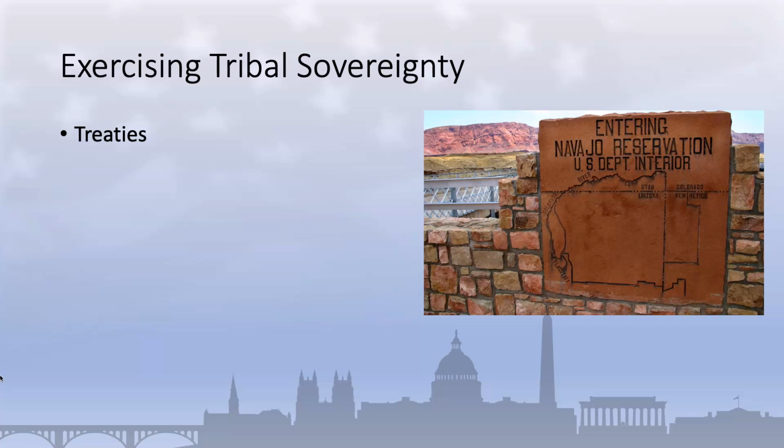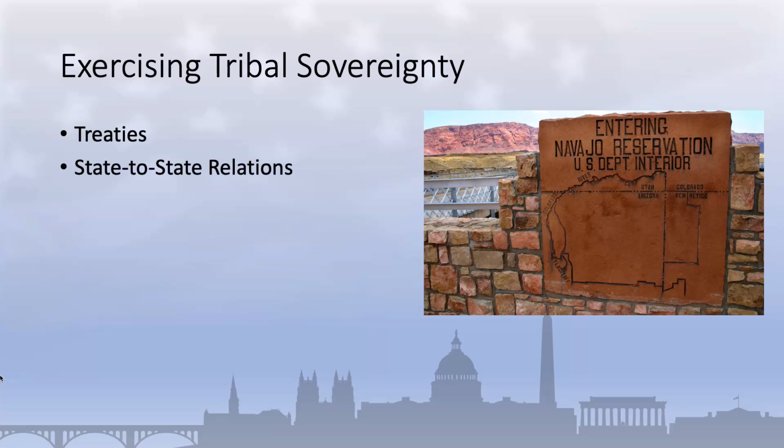An example of which might include the Treaty of Fort Laramie of 1868, which granted the Great Sioux Nation the exclusive use of the Black Hills and other lands of South Dakota, Wyoming, and Montana. Although this and other treaties were broken or not fully honored by the U.S. government, they remain important legal instruments for asserting tribal rights and protecting tribal sovereignty.